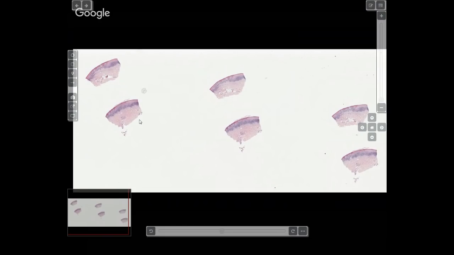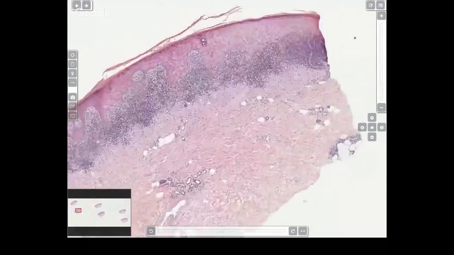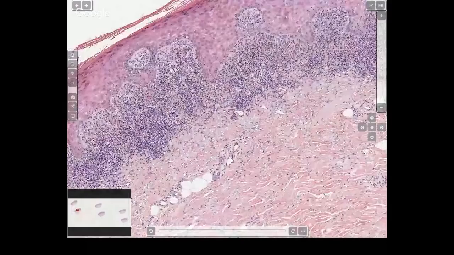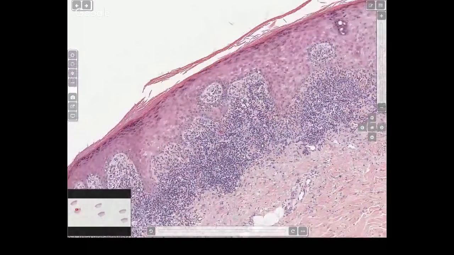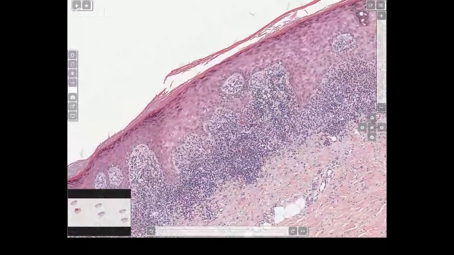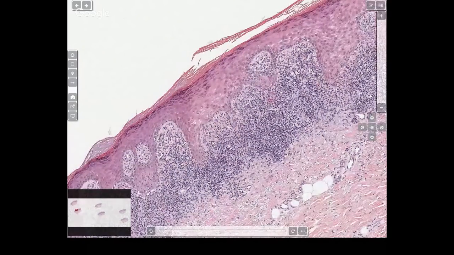And when you look at a slide of the lichen planus, what do you see? So this is actually a digital slide. When you zoom into a slide of lichen planus, like I said, it's a lichenoid infiltrate. It's a dense lichenoid infiltrate at the dermal epidermal junction that is hugging the dermal epidermal junction. If you start from the top, you usually see hyperkeratosis, no parakeratosis as you see here. You see this wedge-shaped hypergranulosis, dense lichenoid infiltrate, and then scattered